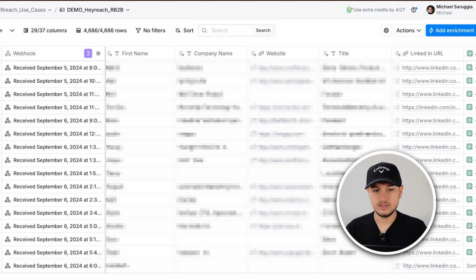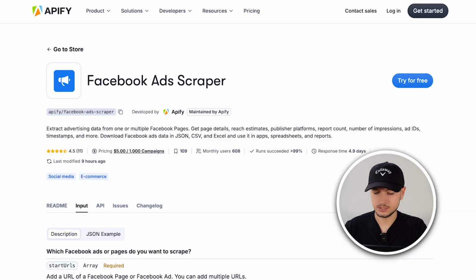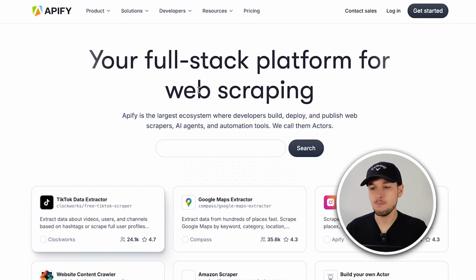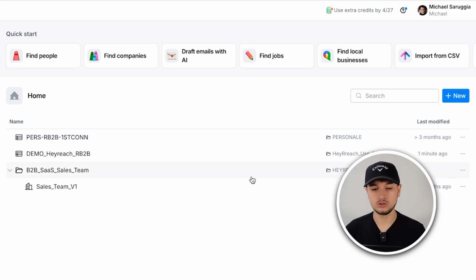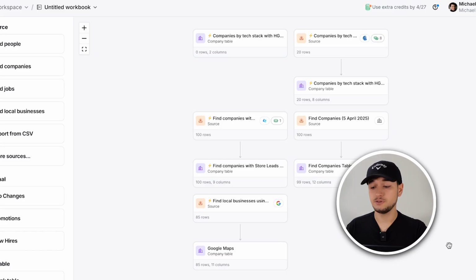Apify is very interesting because Apify basically is a marketplace of APIs. Let's say, for example, you want to scrape TikTok ads, you want to scrape Facebook ads, you want to scrape jobs on Indeed. Not all the time do you have all the integrations on Clay. Yes, Clay is becoming very big, and you have a lot of integrations, but not all of them would be on Clay, so sometimes you won't have the right one. Just go on Apify and you can actually create an Apify table very fast, and it's pretty easy because it's enough again